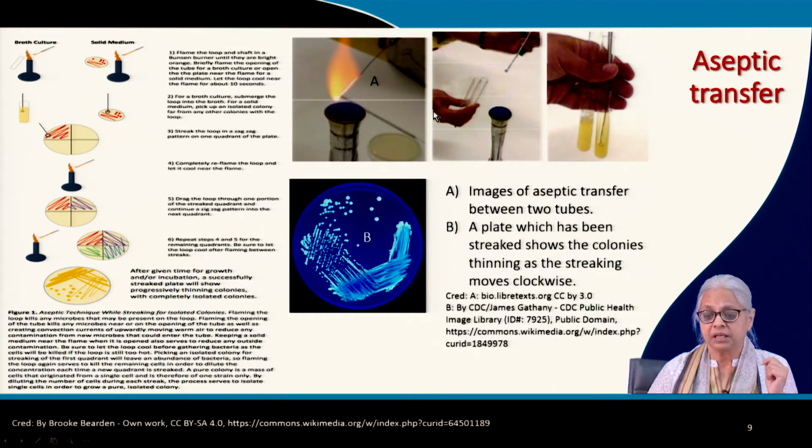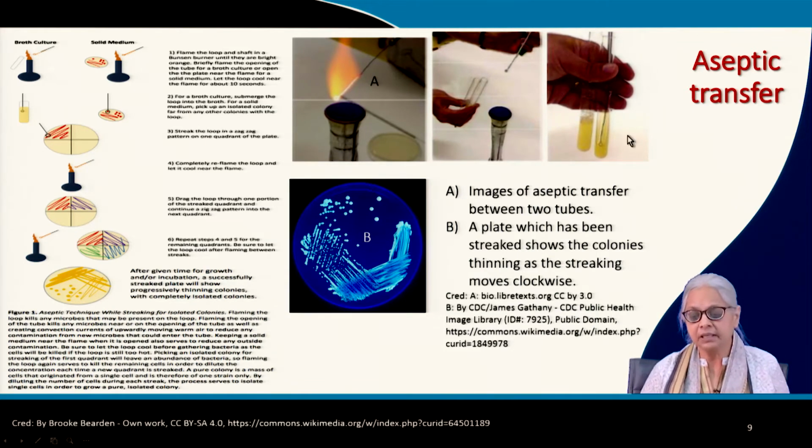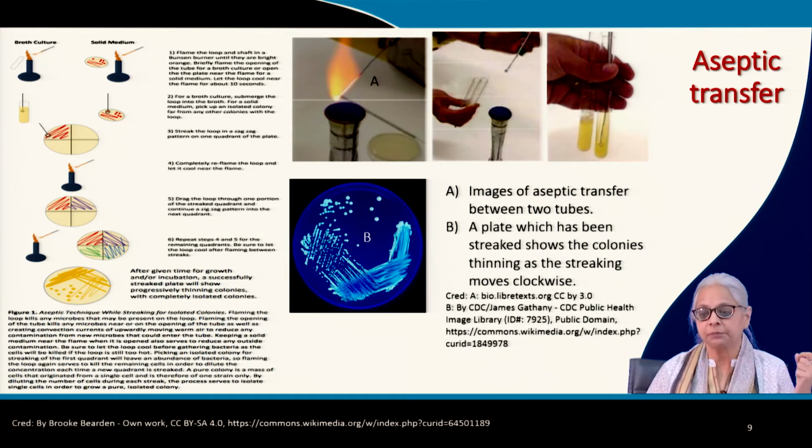So in the first case, you can see two tubes. One of them probably has the bacterial culture, and you take a metal loop. So these are the metal loops. Sometimes they have wooden handles, sometimes they have metal handles. There is a loop at the end of this particular tool,